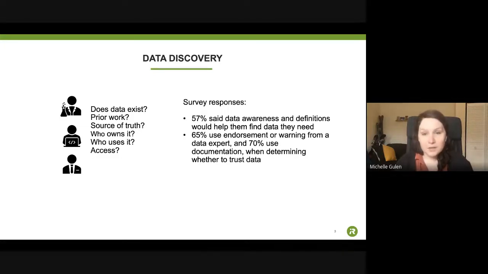And 57% of our R&D organization said just awareness and definitions would help them get what they need. And 65% wanted some sort of endorsement or warning from a data expert, as well as 70% needing documentation in order to trust that data. And so when we were looking at this problem within our organization, we found Amundsen as an open source project, and we thought that our problems aligned really well with the solution that the Lyft folks were building,